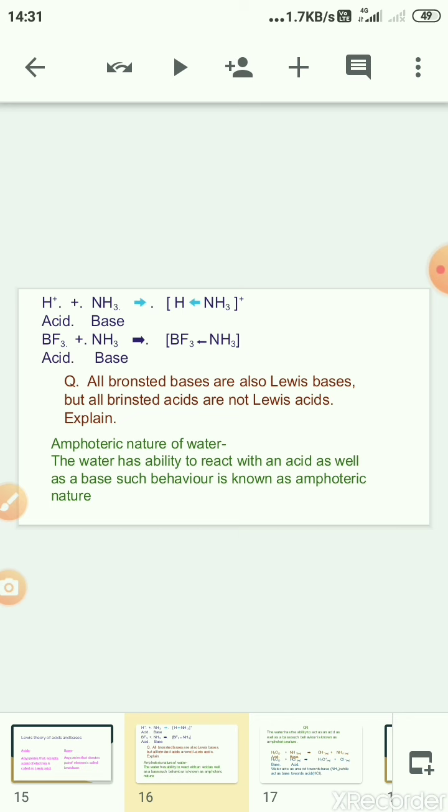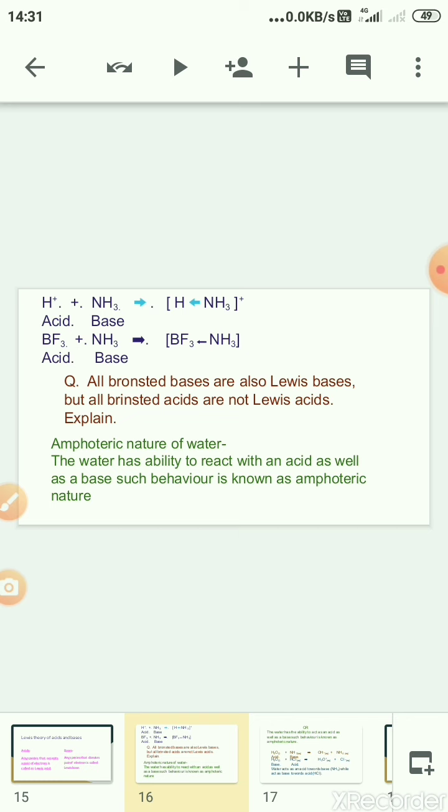The important thing is that we have to compare the theories of acids and bases, all three theories. Questions will be there in the examination: Define acids according to Lewis theory. Define acids according to Arrhenius theory. Define acids according to Lowry-Bronsted theory, or define acids and bases according to Bronsted-Lowry theory. Define acids and bases according to Lewis theory. Like this there will be questions for 1 or 2 marks.